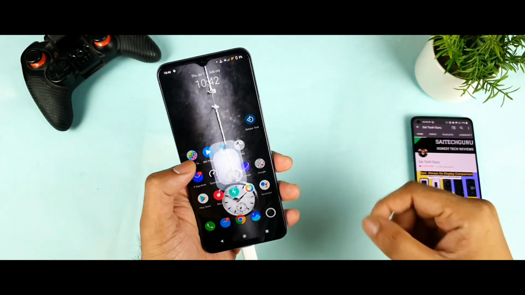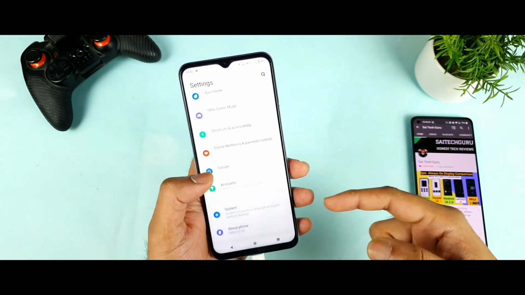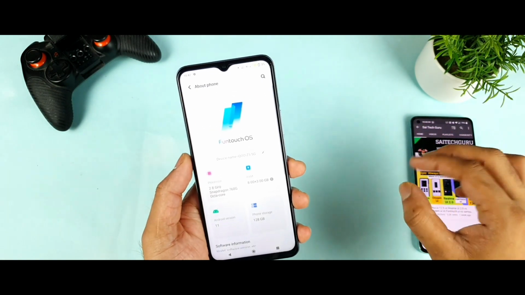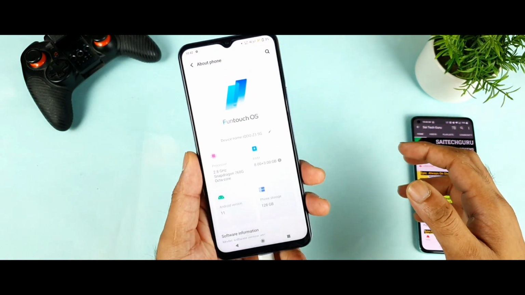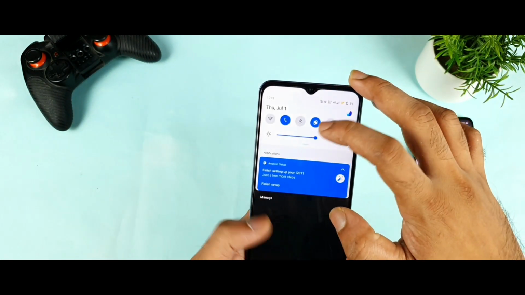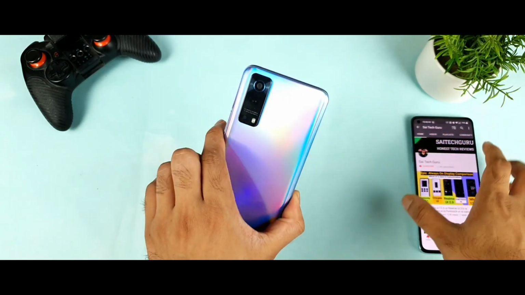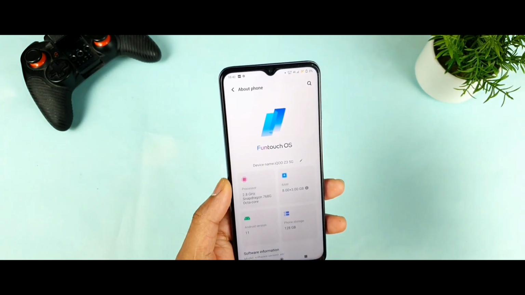In today's video, I'll talk about the voice changer feature in the iQOO Z3 device, how to use it and how to enable this option. This is a question which was asked by a few of my subscribers, asking me to make a video on this iQOO Z3 model exactly. As you can see, friends, this is the exact version I'm using, the iQOO Z3. So let me show you the comments which I'm getting right now.